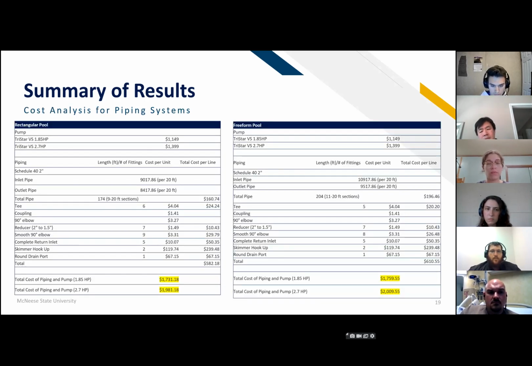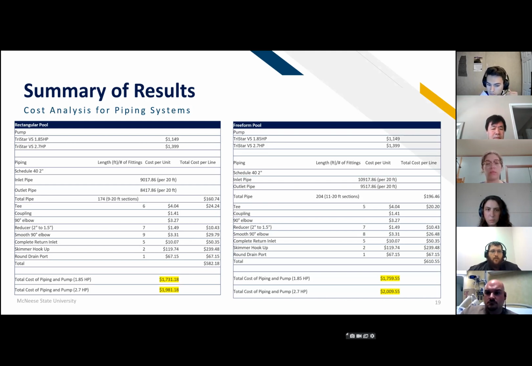Another process was to do a cost analysis in order to determine the cost of the materials for building the piping system. This includes the price for the pipe, the cost for the fittings to assemble the pipe, and a pump, depending on the size. And in the rectangular pool,